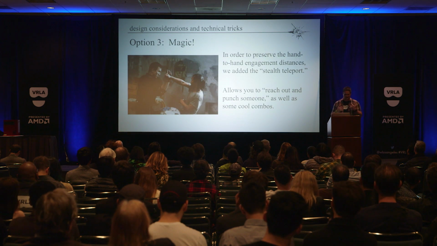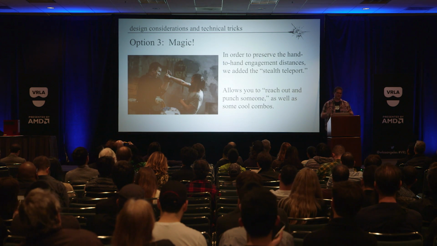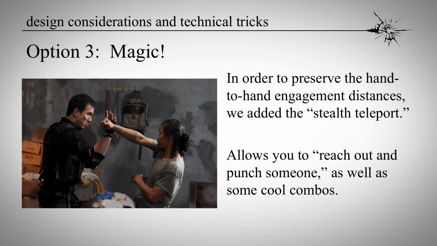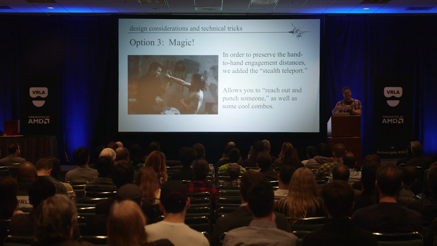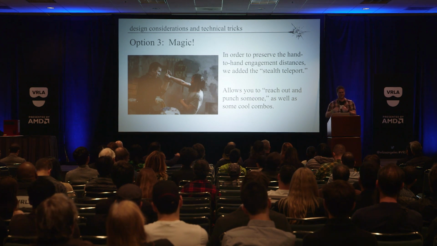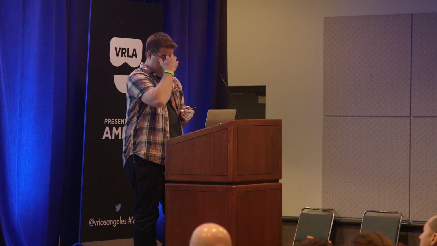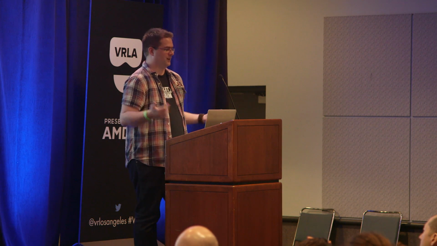So when watching more Asian action films purely for research, we noticed that all the time when these people fight, they start far out and then they get close to each other and they're in the hand-to-hand combat distance, and then they break apart and then they go back to that engagement distance. So we decided, hey, why not throw a teleporter on the people and then teleport them facing the enemy at the proper engagement distance so they can reach out and grab guns and stuff, but they're still always facing towards the trackers.